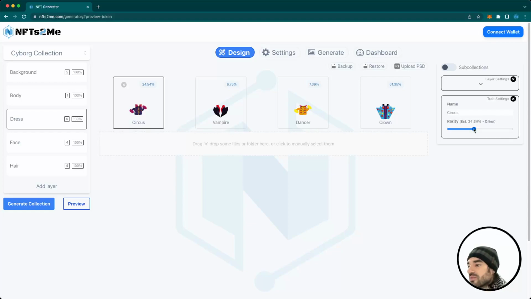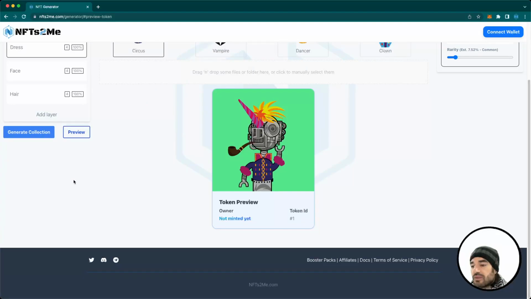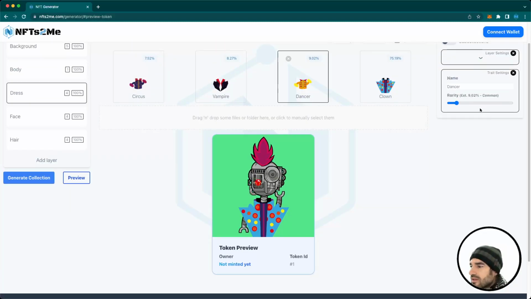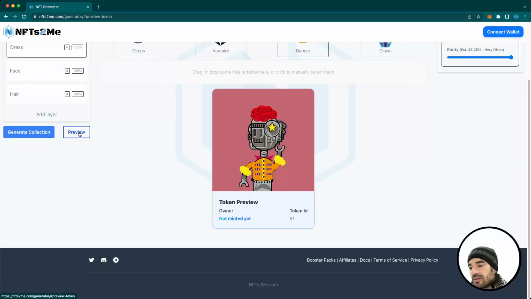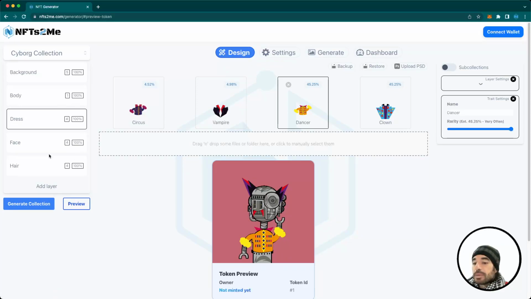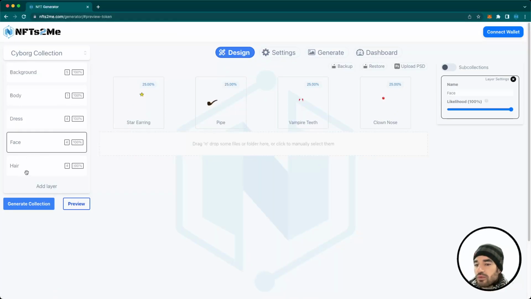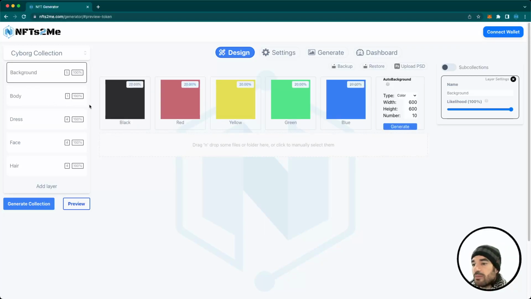So for the circus one, and if we click on preview, we see that the most common is the clown one. But okay, let's take the dancer more often as well, and now we can see that the dancer appears quite a lot as well. We have to go through all the different layers, and once we're happy with the result, we can generate the